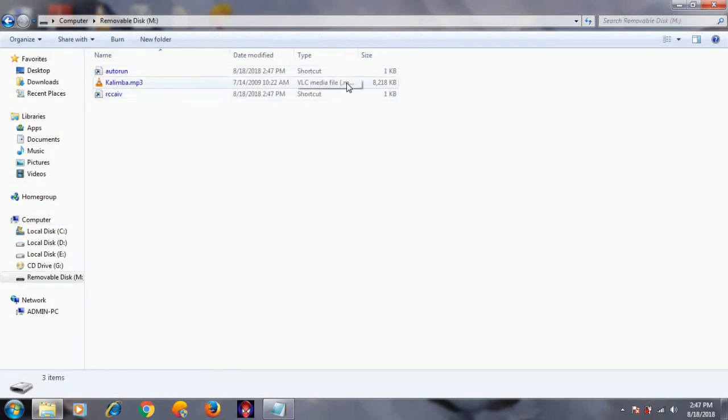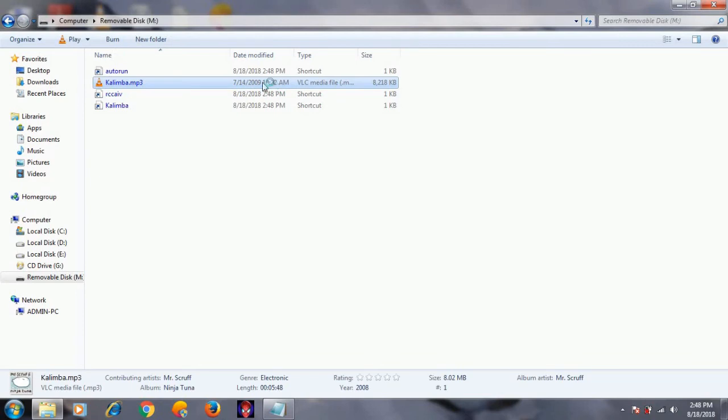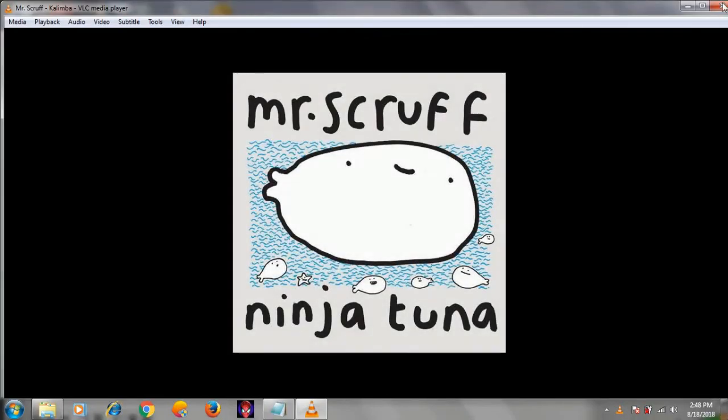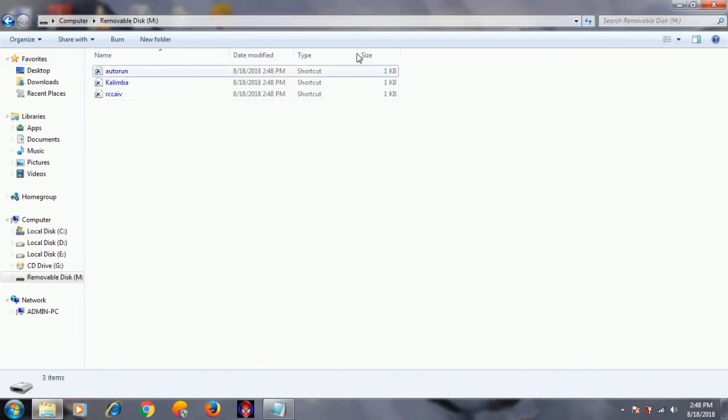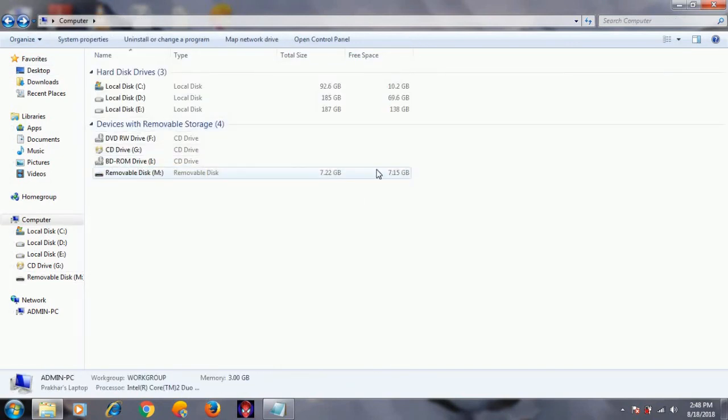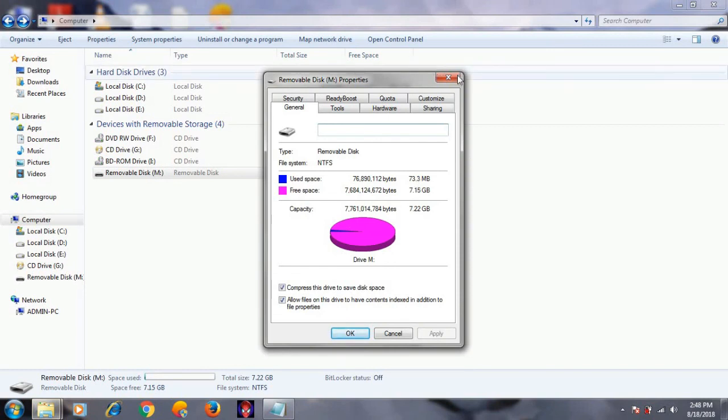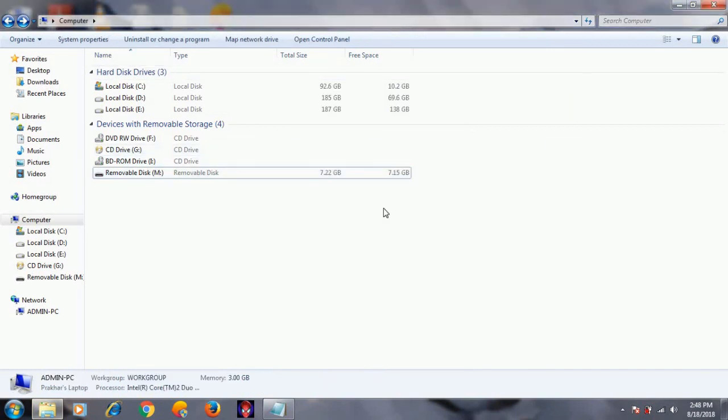You will see here kalimba.mp3, and a shortcut file will also be made, which is the compressed one. I'll open and show you also. I'll close it, and you can see it is just being made here. I'll refresh it also, and the 8 MB file will be gone and a 1 GB file will be here. I will show you all the properties also. Only 73.3 MB is used instead of